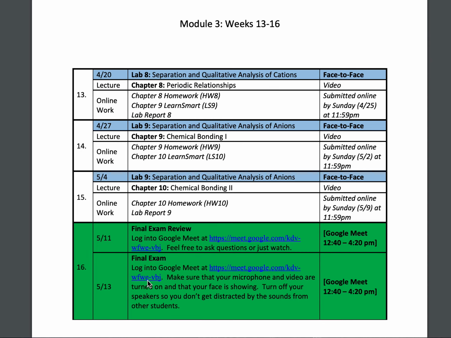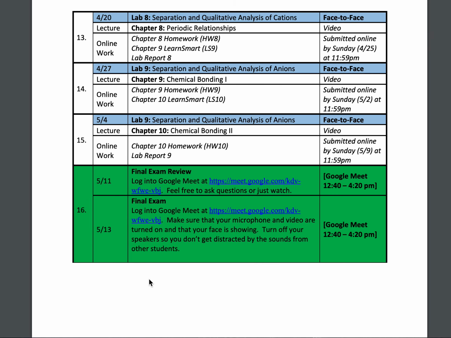Okay, and that's pretty much how the class is going to be laid out. Again, we're going to have this kind of repeating pattern each week: you're going to be reading a chapter, you're going to be doing homework, you're going to watch a video. Oh, sorry, you're going to do a lab, and then you're going to prepare for the following